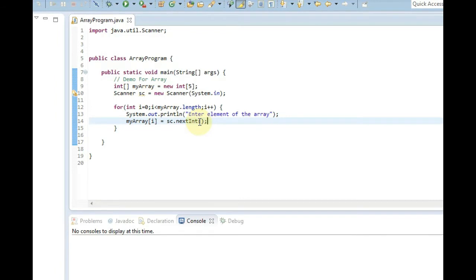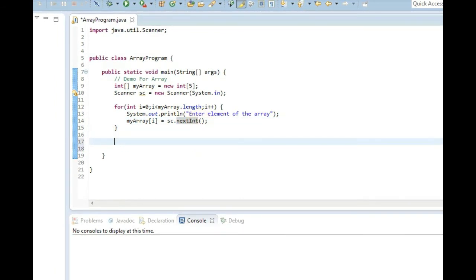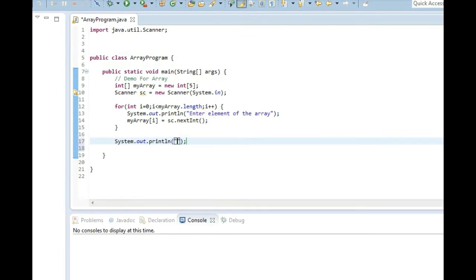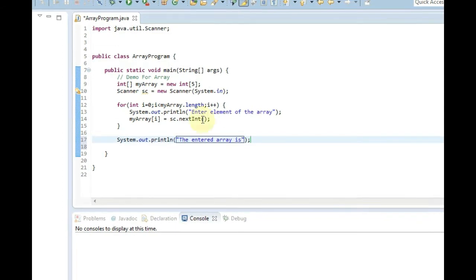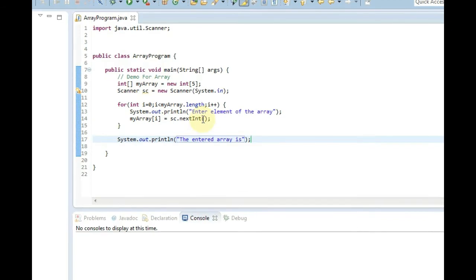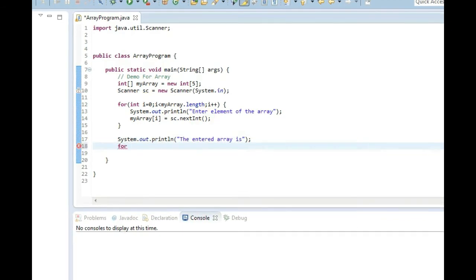Now if you want to display this array at once, you have to use a separate for loop for that. Before the for loop, we'll print a statement: the entered array is. And again for printing the values of the array we are going to use a for loop. We can also use an enhanced for loop.